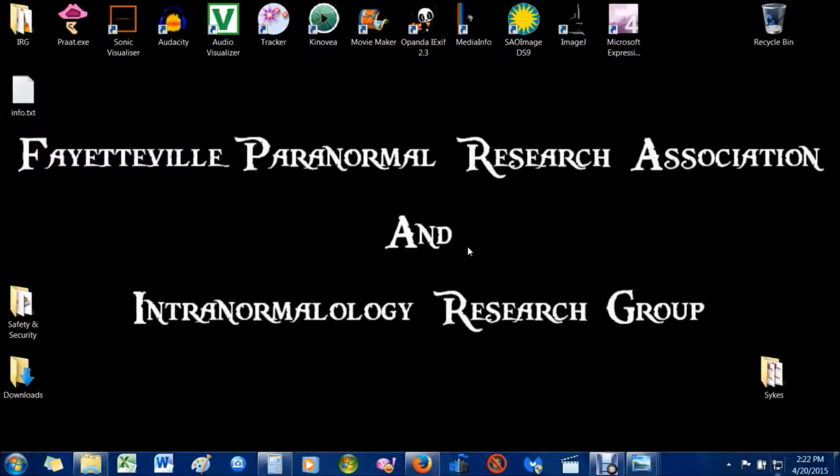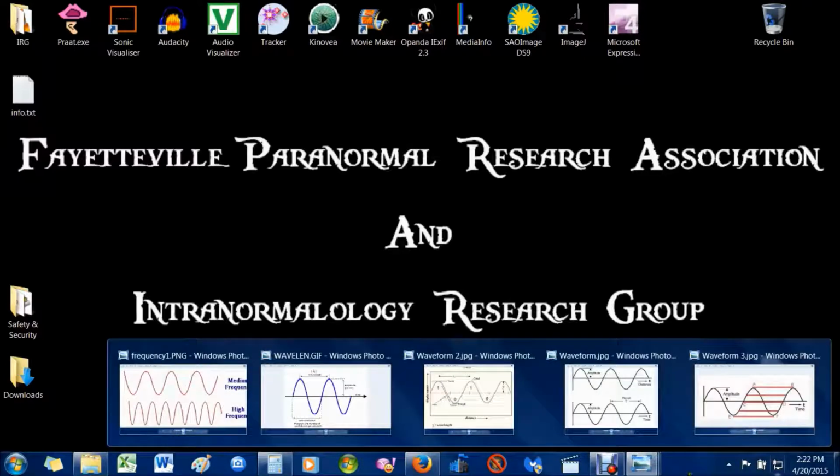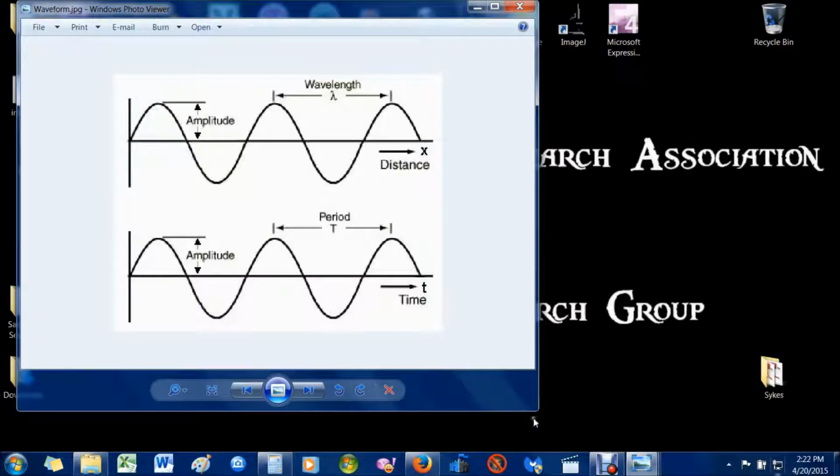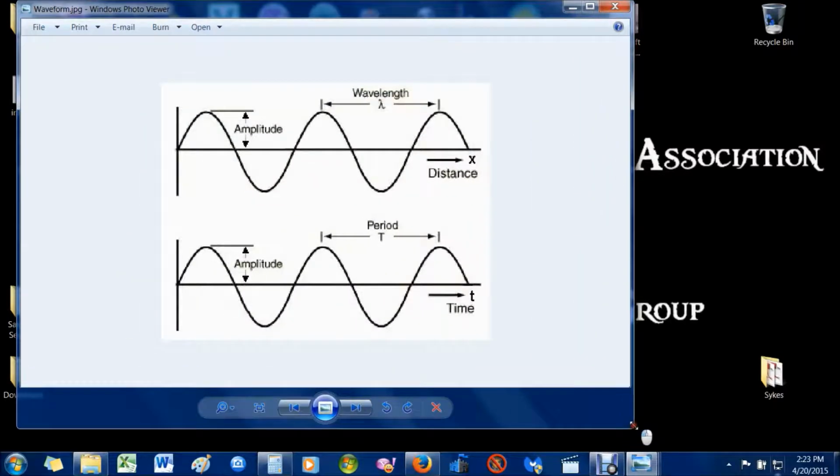So to get started, one of the things that you are going to need to know is what you're looking at when you're analyzing your waves. Now, I have a couple of pictures here that I can pull up for you to teach you wave anatomy. One second. Okay, my apologies. I'm going to start with this one because there's two different formulas that you can use for